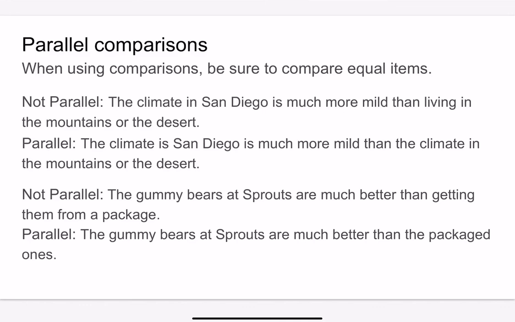Another not parallel example: "The gummy bears at Sprouts are much better than getting them from a package," versus "The gummy bears at Sprouts are much better than the packaged ones." All right, so we